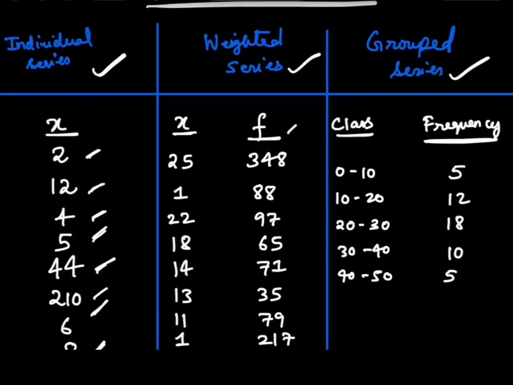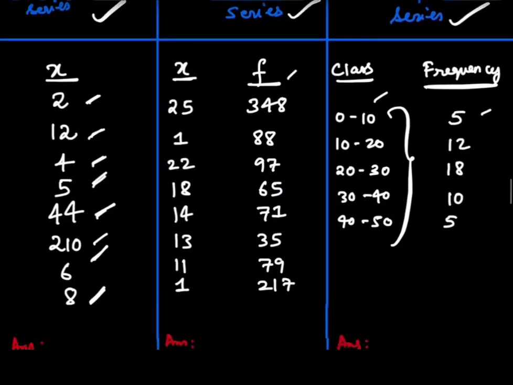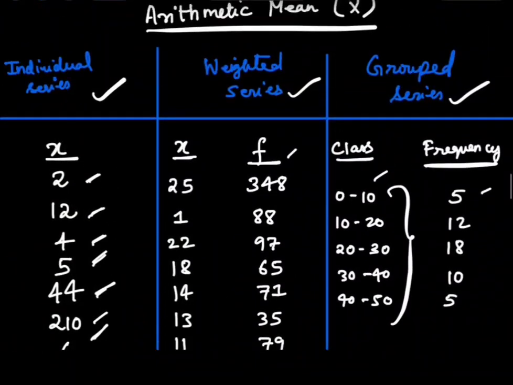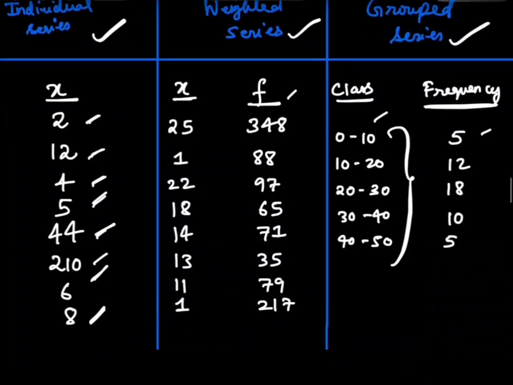For a group series, we have the class intervals given and the frequency is there. So how do we find the arithmetic mean for a group series? In case of a group series, first we have to find the mid values of these class intervals. How do we find the mid values? We get the mid values by